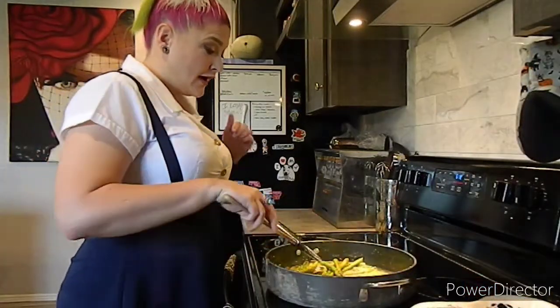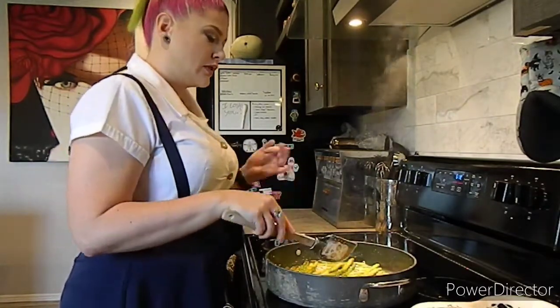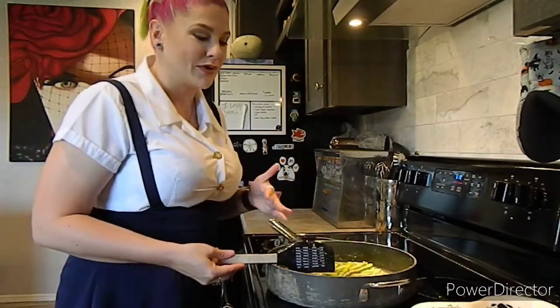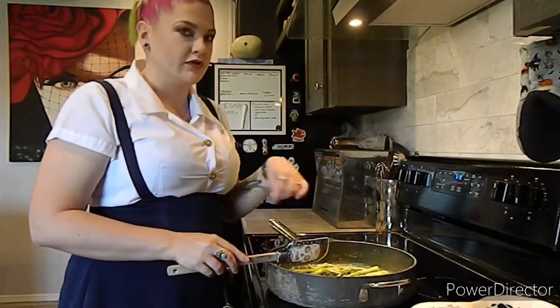Okay, so I cooked my asparagus about 10 total minutes. I actually wound up adding a little more chicken broth as well, probably somewhere between 1/4 and 1/2 cup, because my pan started drying out a little bit and I didn't want to add my chicken back in yet. That still has all that buttery goodness in it. So I went ahead and just added a little extra chicken broth,